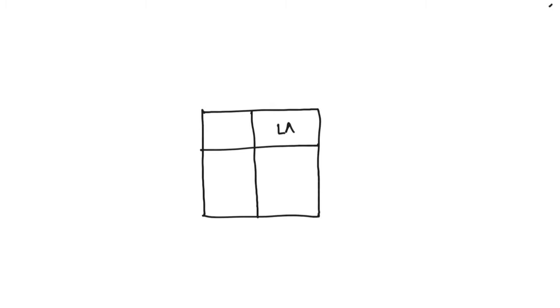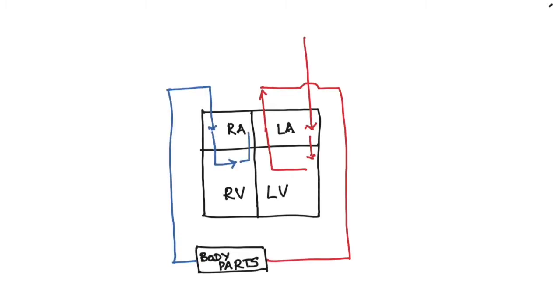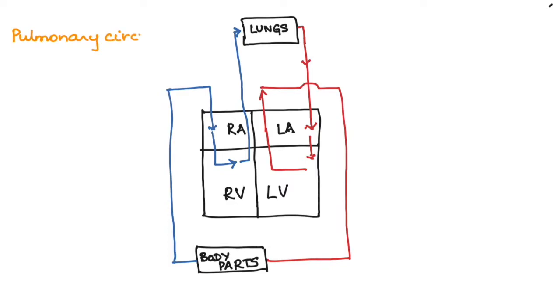In this video, I'm going to talk about the types of circulation in the human body. So let me first draw here a representation of the human circulation. The central square represents the heart with the lungs on top and the body parts below. In the heart, you can see the left and the right side.